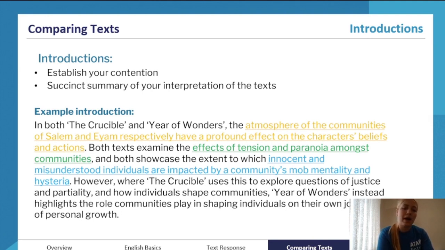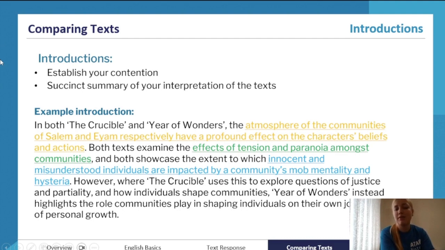This could be improved: it kind of needs the authors' full names and mentioning the text type and genre of each text as well before introducing the title. And you can make the context more comparative as well by establishing a bit more clearly how exactly the context of the texts differs. Because this one is really vague and is saying the atmosphere is really similar. I would like it to be just a little bit more specific.